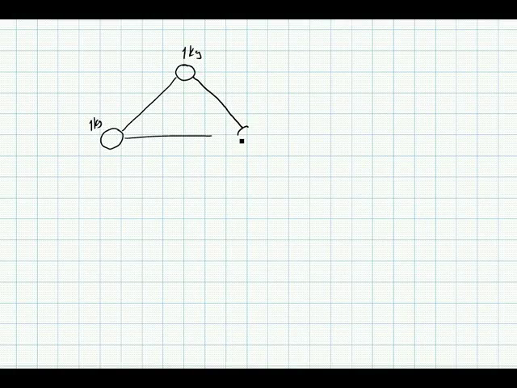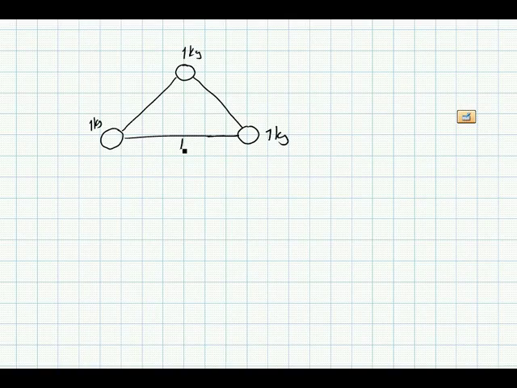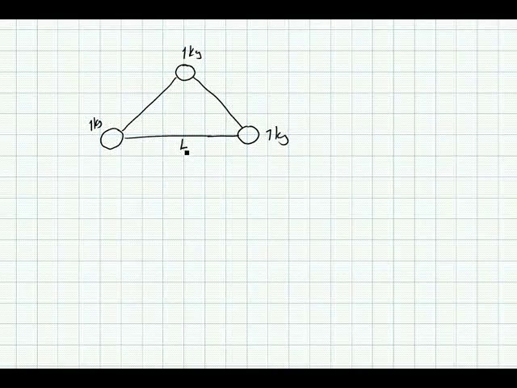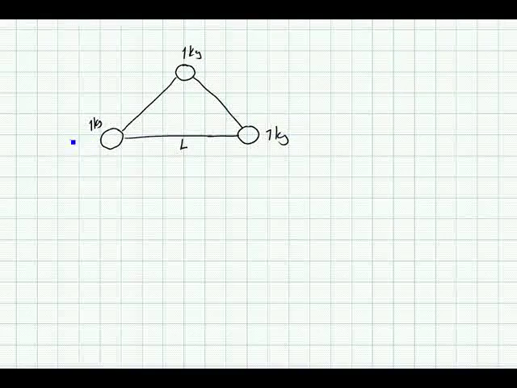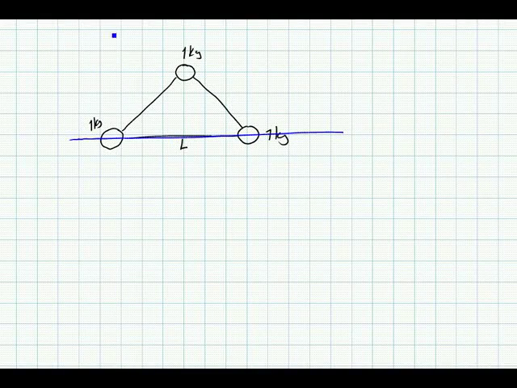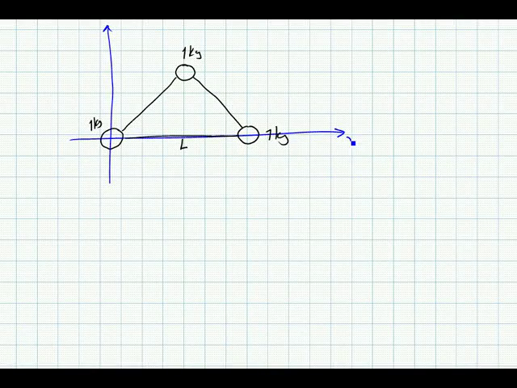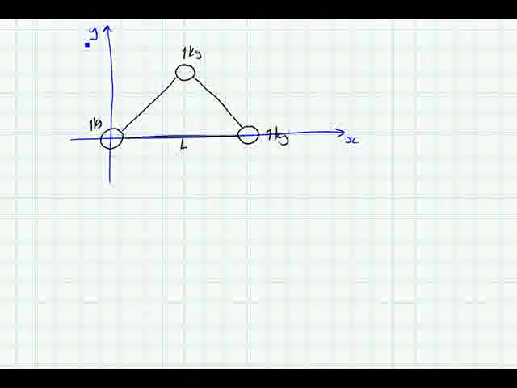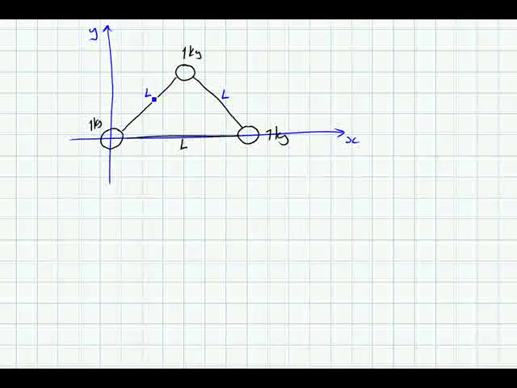Let's make this an equilateral triangle, 1 kilogram mass, side L. If it's side L, then a suitable XY coordinate system would be something like this, where I have at least two of my masses on one of the axes. So if it's an equilateral triangle where each side is L,